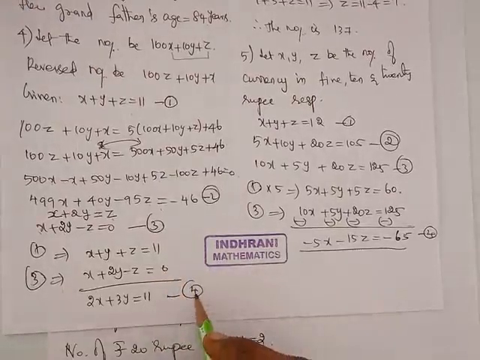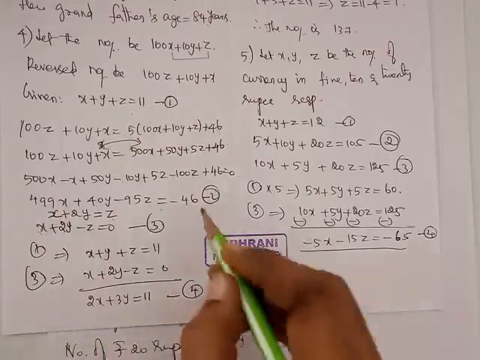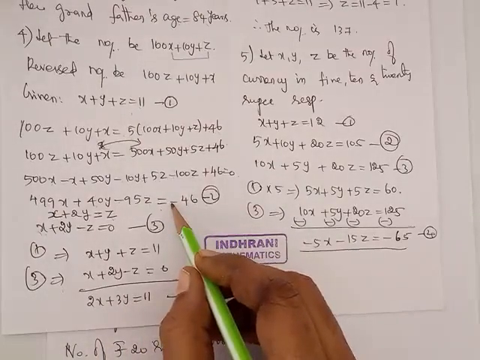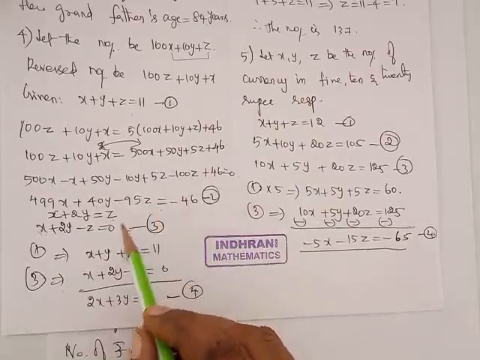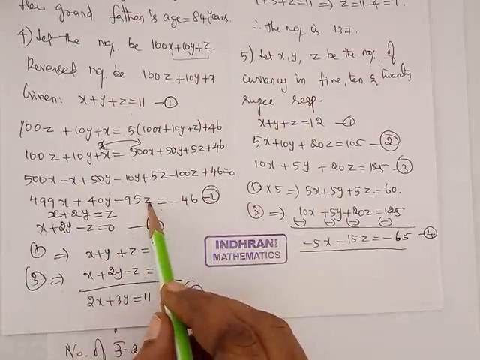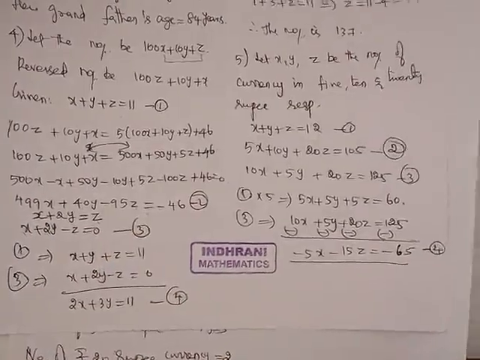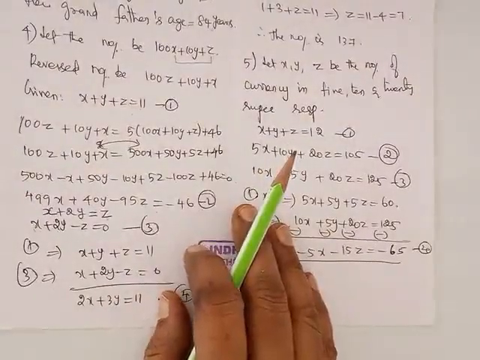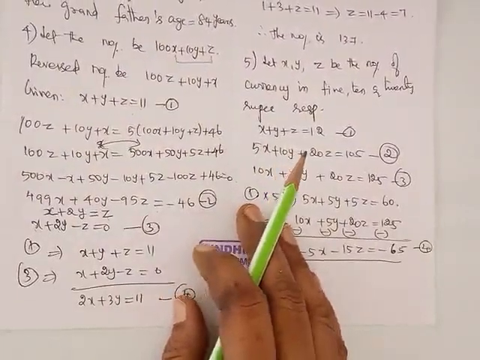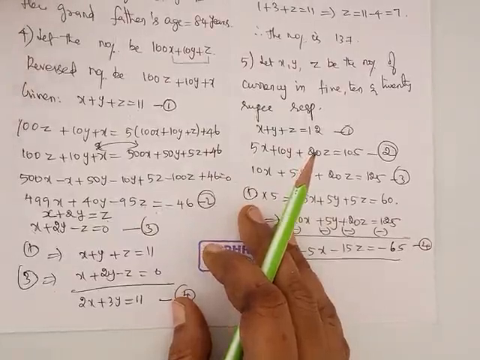That equation number 5 also must be in the variables x and y. That means again I want to eliminate z only, but there you have to take the second equation, no other option. So consider equation number 2 and equation number 3. Clear? Now look at the coefficients of x, y and z.